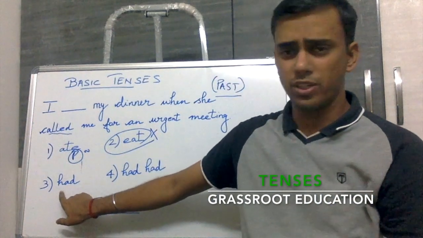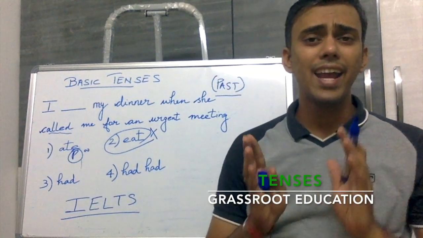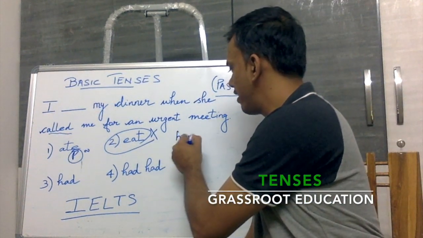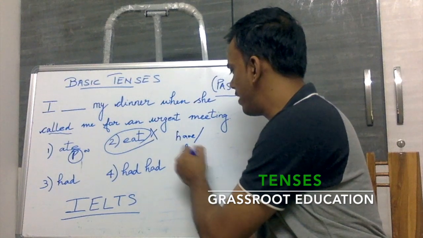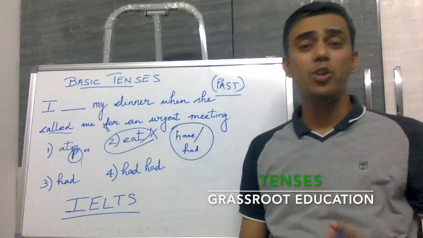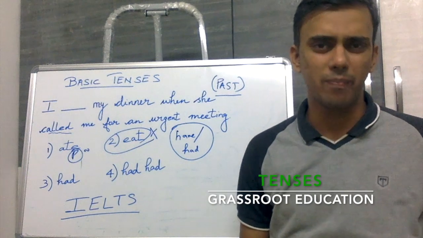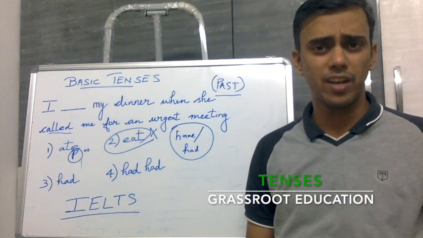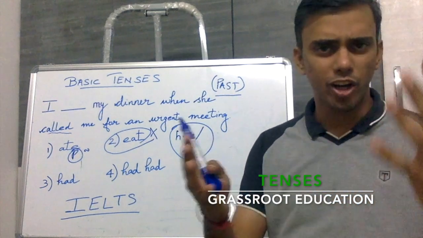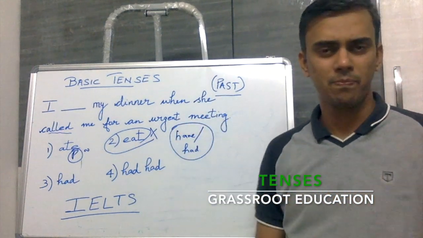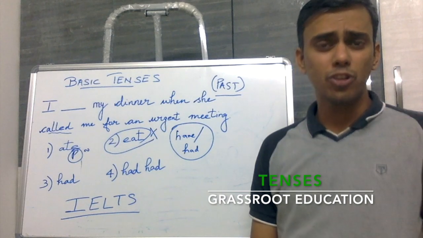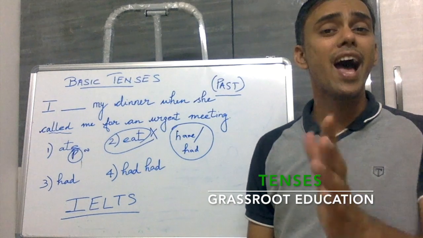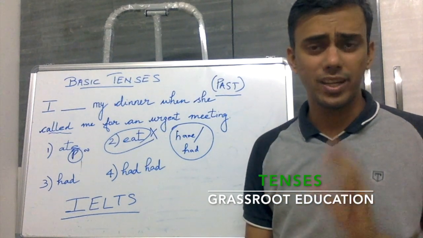Look at the third option. Now this is interesting. I had. Now the word have and the word had can be used in a very interesting way. I can say, have a look at this question. So the verb here is having a look. You had a look. I can also say have a bath. Did you have a bath? Did you have lunch today? So it is a verb here.